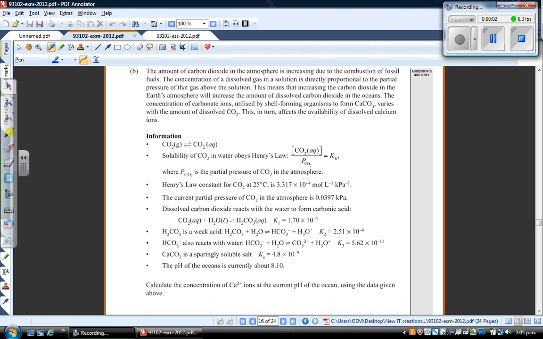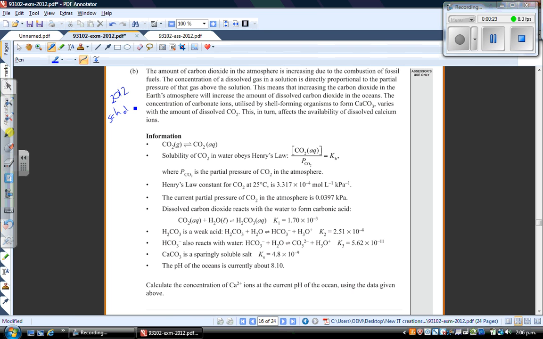Okay, so let's take a look at question 4, part B from the 2012 scholarship paper. I just completed the video for part A, which was all about DNA and has no relevance to this part. This part is about the amount of carbon dioxide in the atmosphere is increasing due to the combustion of